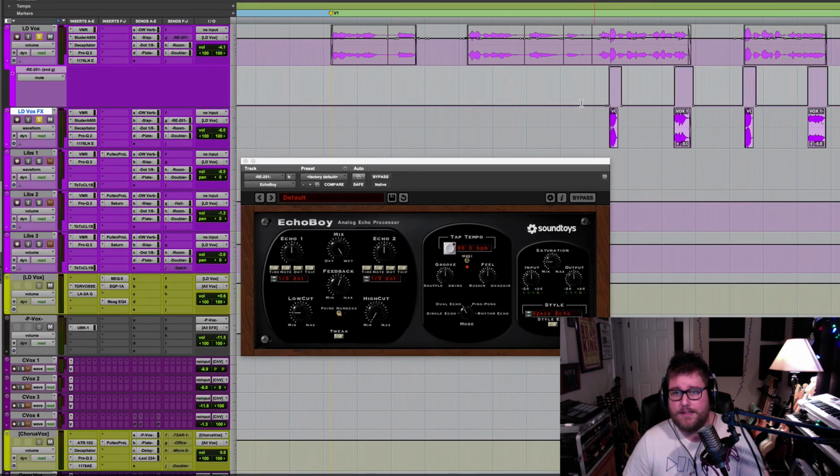Another way, as you can see, I have an automation lane open down here. We're basically looking at two automation lanes. The first automation lane is just my overall vocal volume on this first verse here. So if I bring the band back in, you're going to hear it like